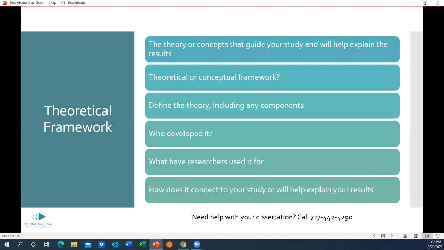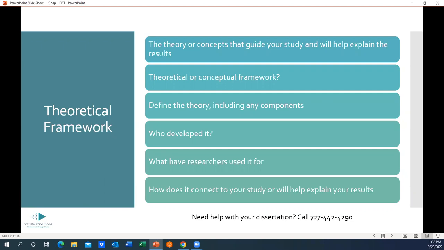And not only that, whoever developed it, what they developed it for, because that's what theories do. Theories explain things. So whoever developed it, what did they develop it to explain? How have researchers used it? That shows that it's been used, that it's valid, people are using it, it's important. And then a little bit about how it connects to your study, and how it can help explain your results. That's sometimes a little trickier, but